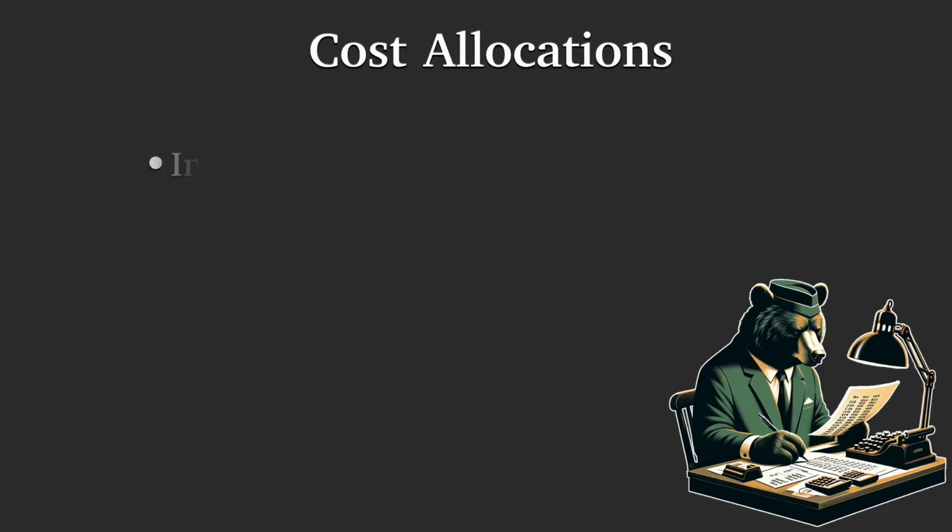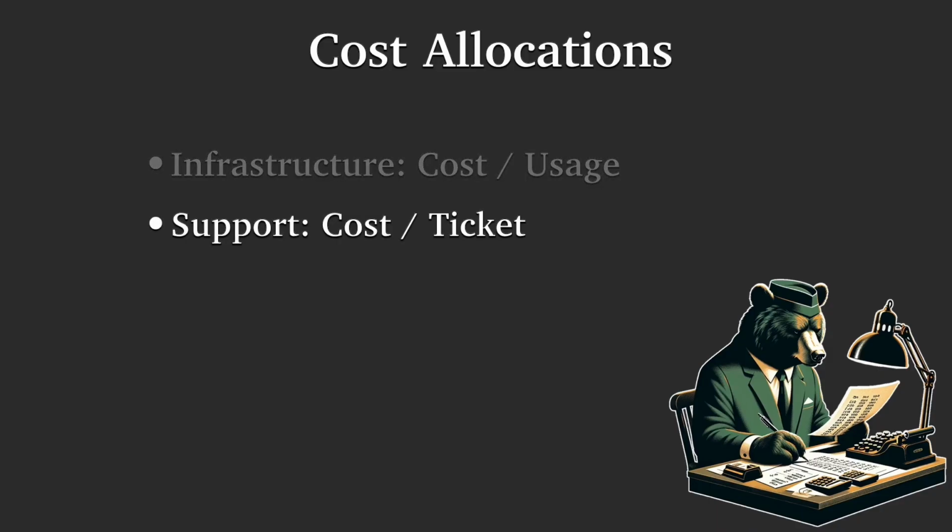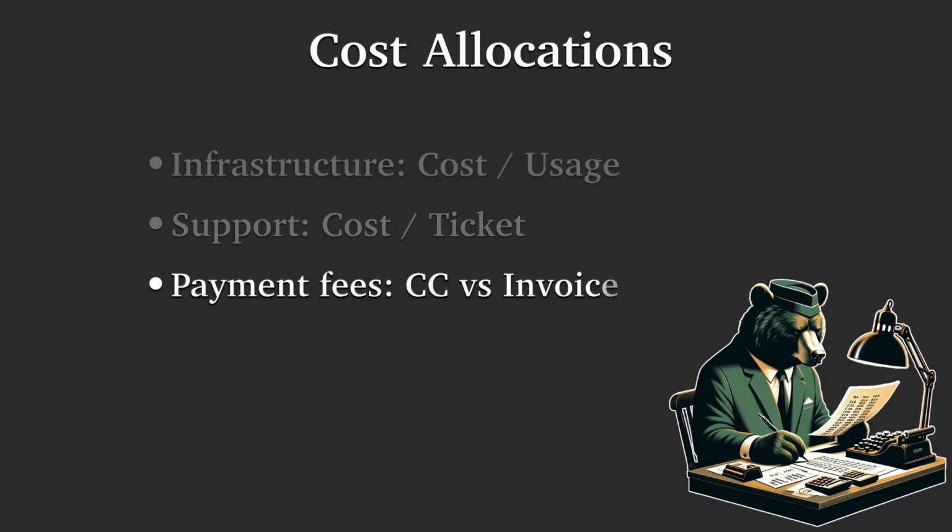So all infrastructure costs can be computed in the same way, and support costs could be done also by, let's say, the total cost per ticket, or maybe you have something slightly more granular, like the number of inbound communications or even amount of time, so that complex, drawn-out tickets are weighted more. And if your credit card fees or other transaction fees are a substantial percentage of revenue, especially for low-dollar customers, that might be important to include also.